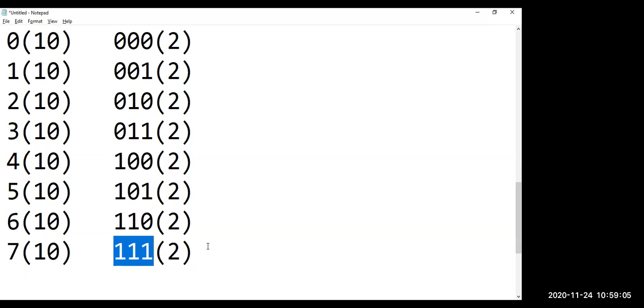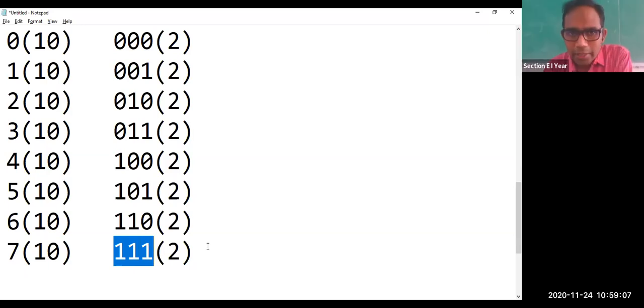Very good. Somebody has given the answer. See, one basic thing is you should not log in with your names. You should log in with your hall ticket numbers. In the next class, just concentrate on that. Otherwise, you won't get the attendance. In the attendance sheet, your name will be there. If you write your hall ticket number, it will be there. With the hall ticket numbers only, we are going to give you the attendance. Just concentrate from the next class. If possible, try to change it now itself.